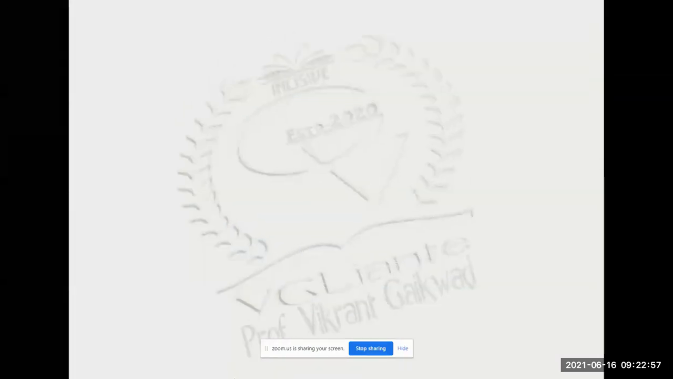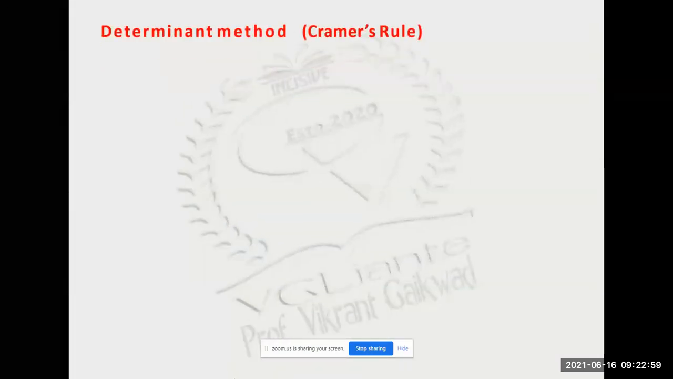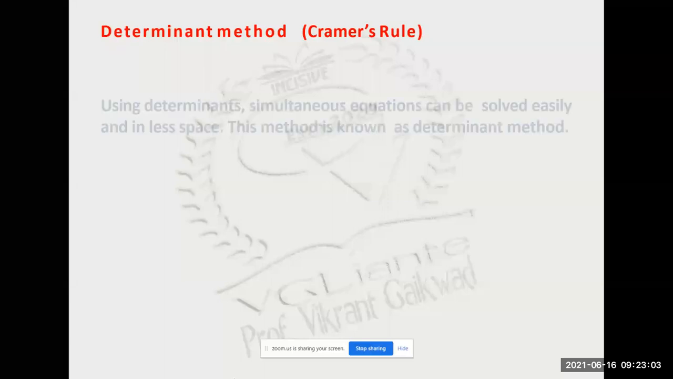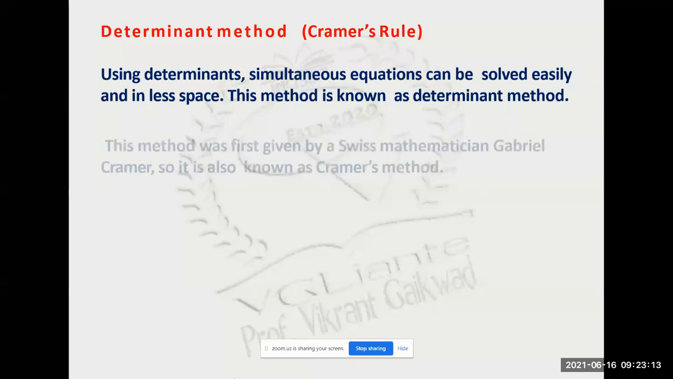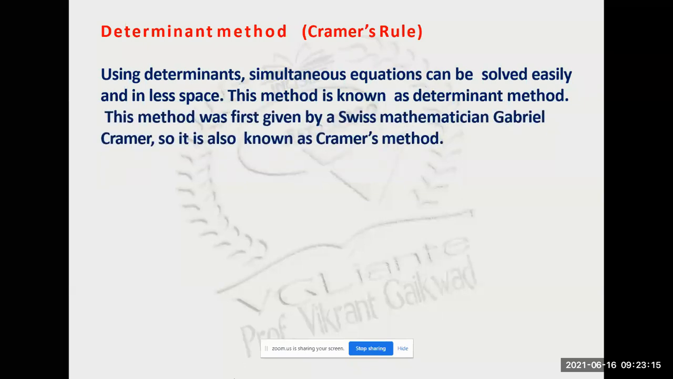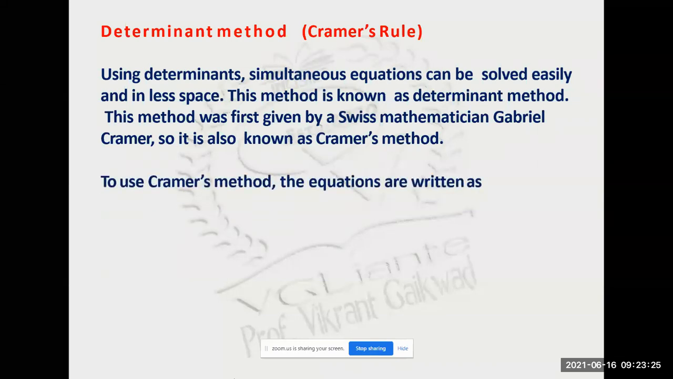I repeat, the determinant method, Cramer's rule method. This method is by Gabriel Cramer, so it is known as Cramer's method. To use the